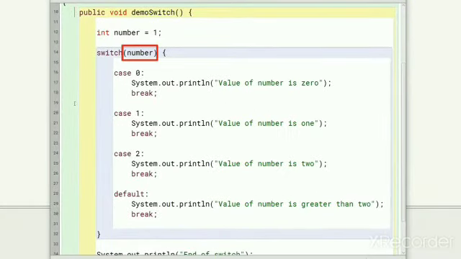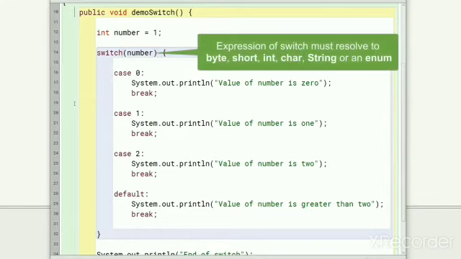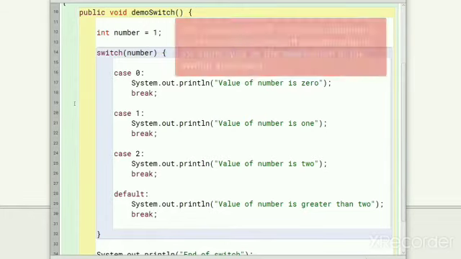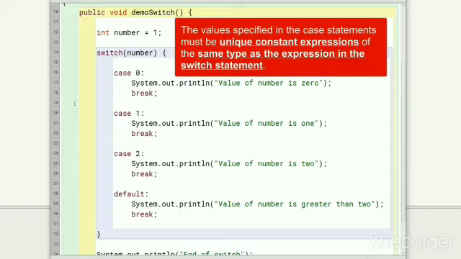This is the expression of the switch statement that we saw in the syntax. It must resolve to byte, short, int, char, string or an enum. In this example, it is of type int as the data type of variable number is int. The values specified in the case statements must be unique constant expressions of the same type as the expression in